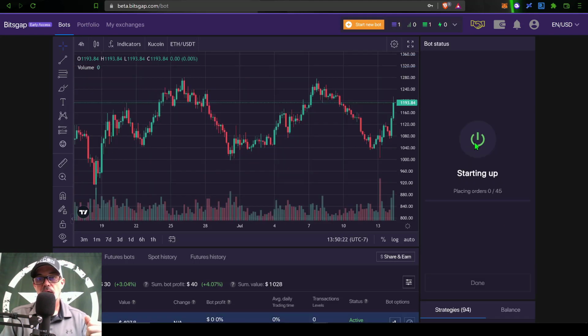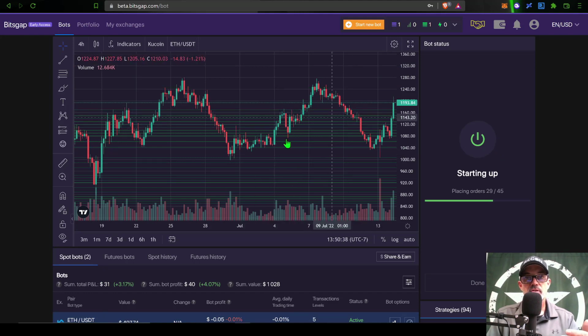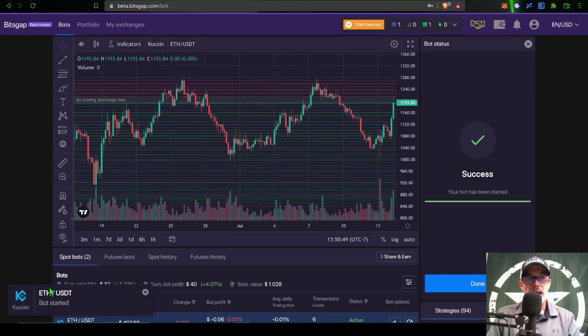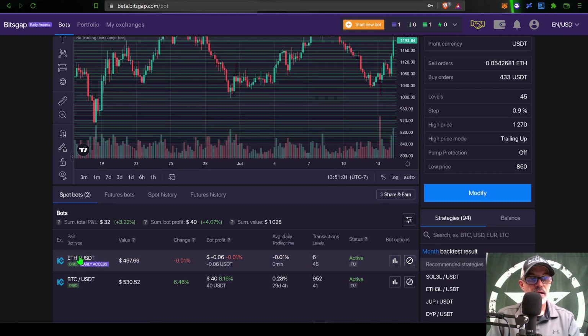The bot is starting up. You can see the grid lines are starting to populate the chart and the bot has started. So I can just click done. And if I scroll down, you can see I now have a ETH USDT grid early access. So this one is the SBOT V2, and my BTC bot I deployed just about 30 days ago is a standard SBOT grid bot. So we'll see how the new SBOT performs, and I will do an update video in the near future,